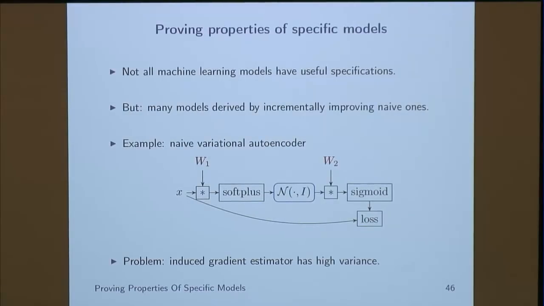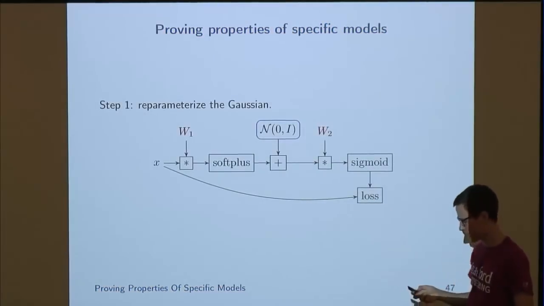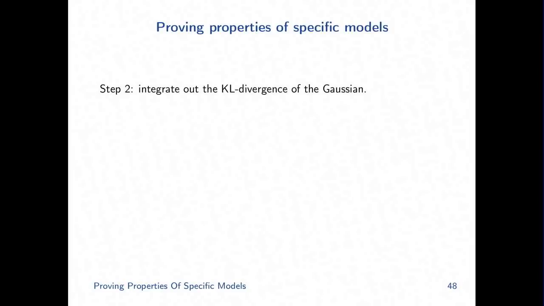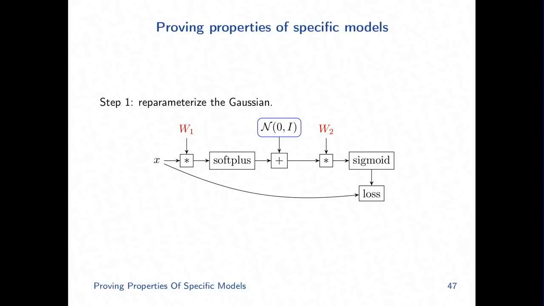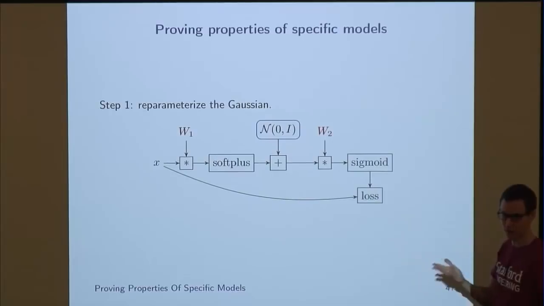So we refine this incrementally. The first step is to reparameterize the Gaussian. We first sample from a unit Gaussian, and then we just add the mean to it. And you can prove that this preserves the expected loss. The second transformation is to integrate out the KL divergence. You integrate out parts of the loss function. I'll simplify this a little bit. The loss is actually going to be some integral over a normal PDF of this stuff. And a lot of this you don't actually need to estimate with samples. You can just compute it in closed form analytically. You can solve part of the integral.